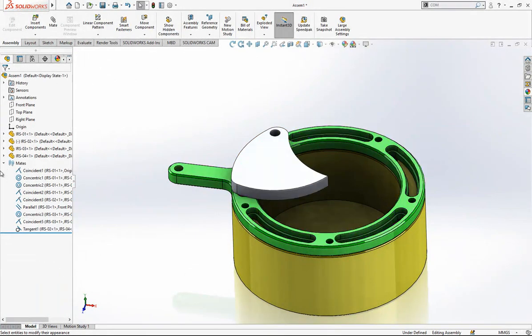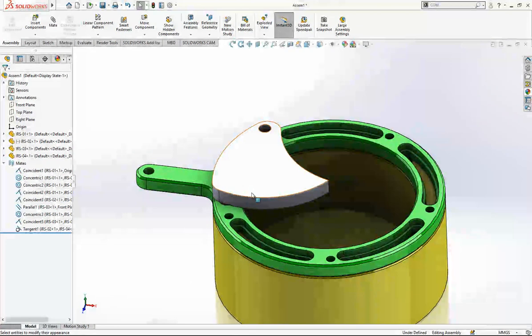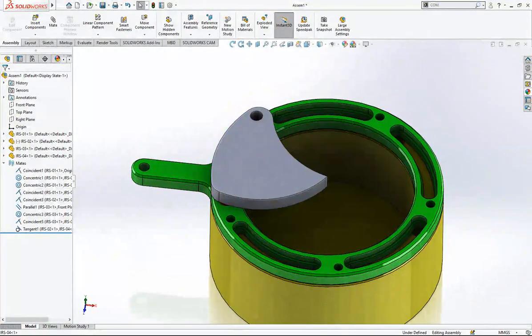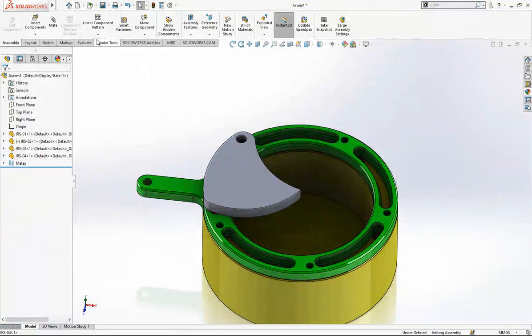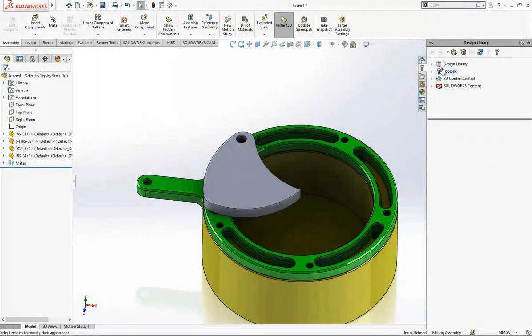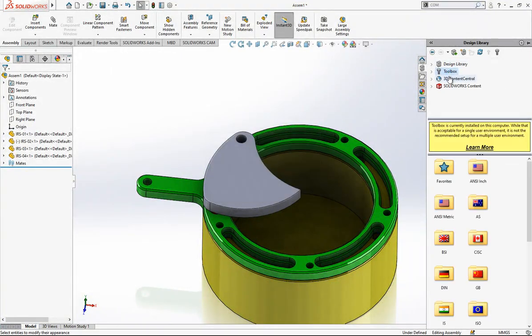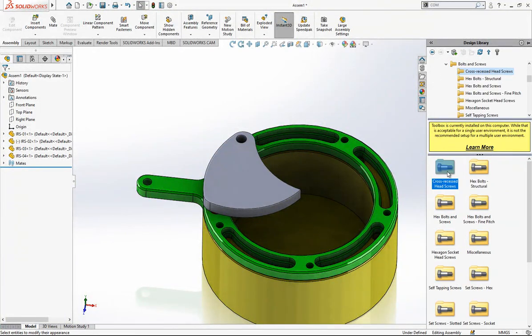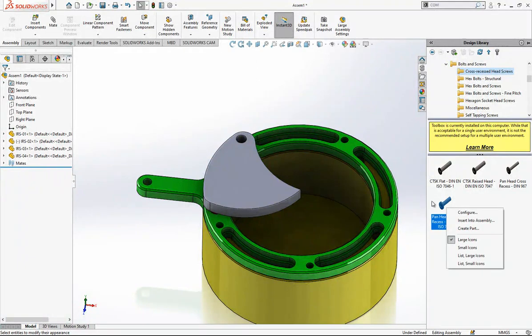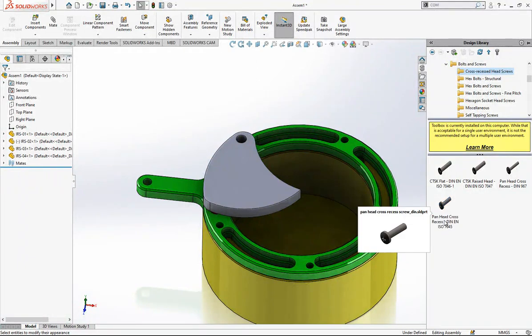Okay, that's great. Now we can copy other parts with our pattern, but it's good to put one bolt in fact. We go to toolbox, and from here then bolts, and first object pan head,